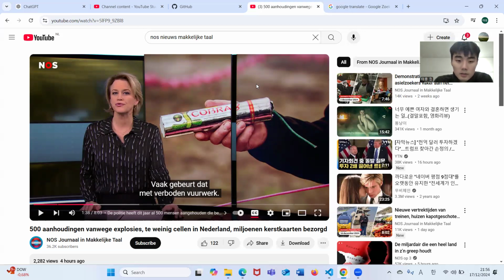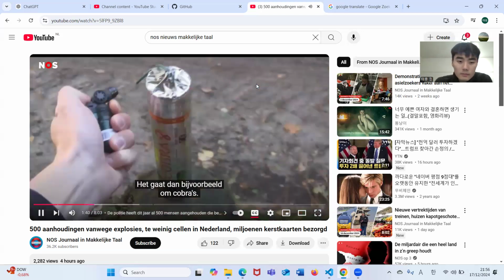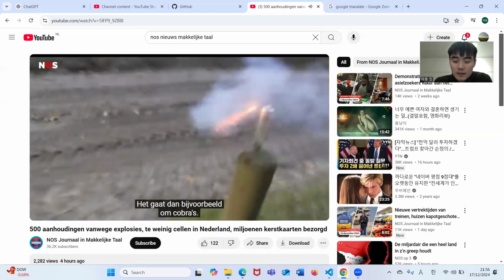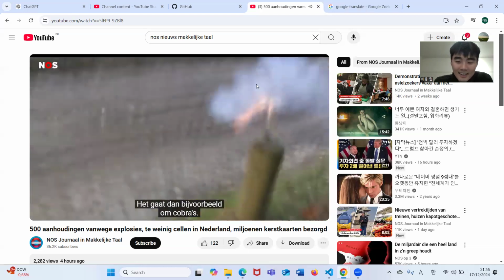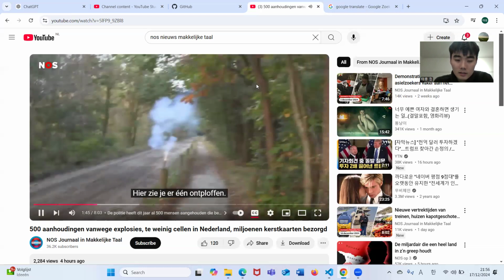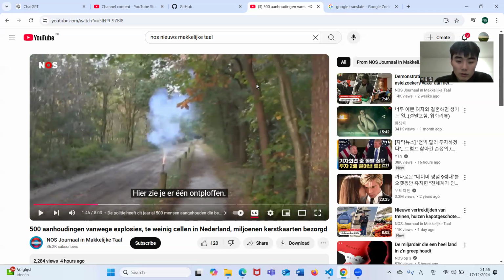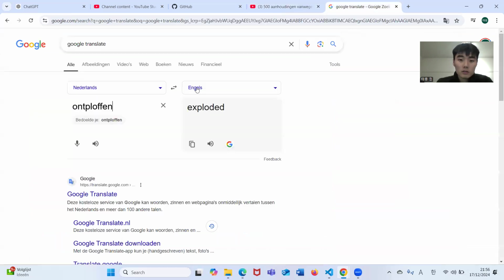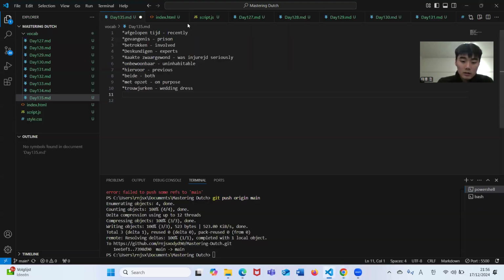Often this happened with forbidden fireworks. Holy shit. There's even a name for it. That is, for example, cobras. Ontploffen. Lit on fire, right? Ontploffen. Explode. I think we did this, but because I don't remember, I'm gonna do this again.